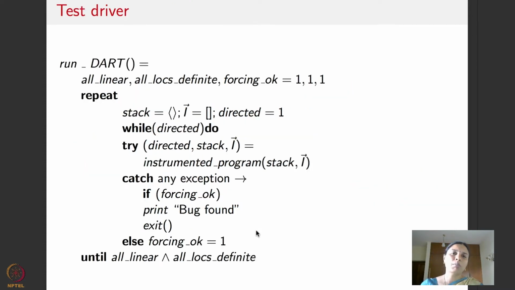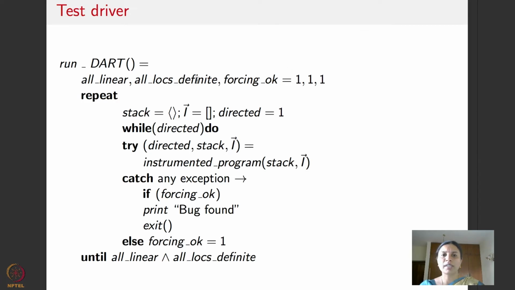Now let's look at the main algorithm of Dart. How does the test driver of Dart look? This is the main program of Dart, called the test driver or run Dart. So what does it do? First, it initializes all these boolean flags to 1. Read this as shorthand for saying all_linear, which is a boolean variable, is 1 or true.